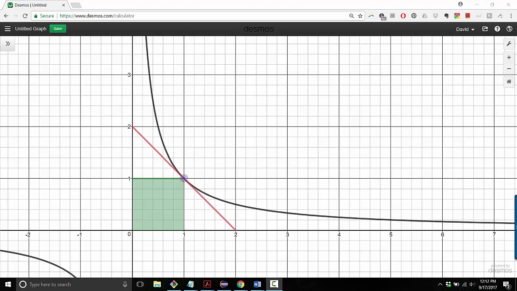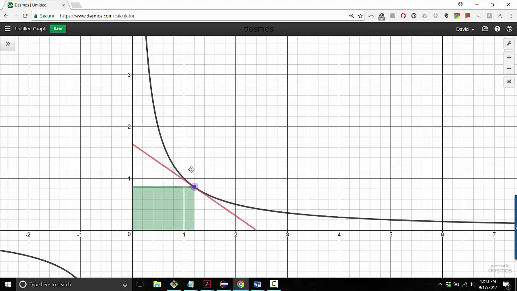Hey everybody. Three types of thinking that will make you better mathematicians are noticing things, wondering things, and trying to generalize results. So exploration number 1 is going to give you an opportunity to do all three of those things. So this is the function 1 over x, and you'll notice that as I drag around the tangent line,